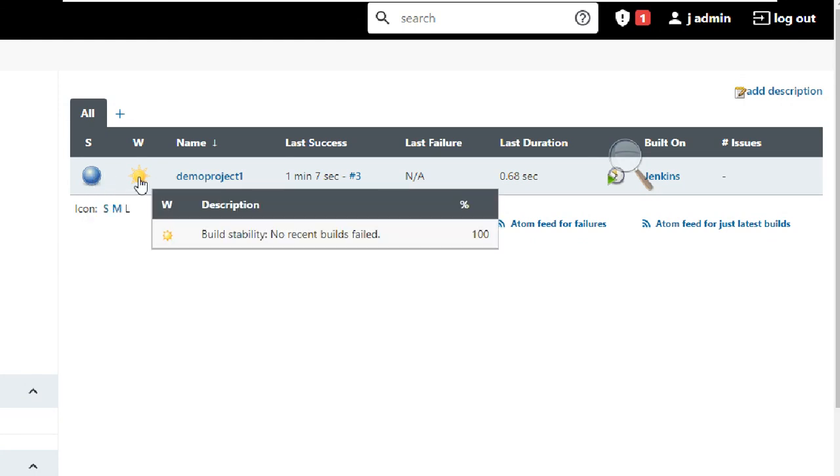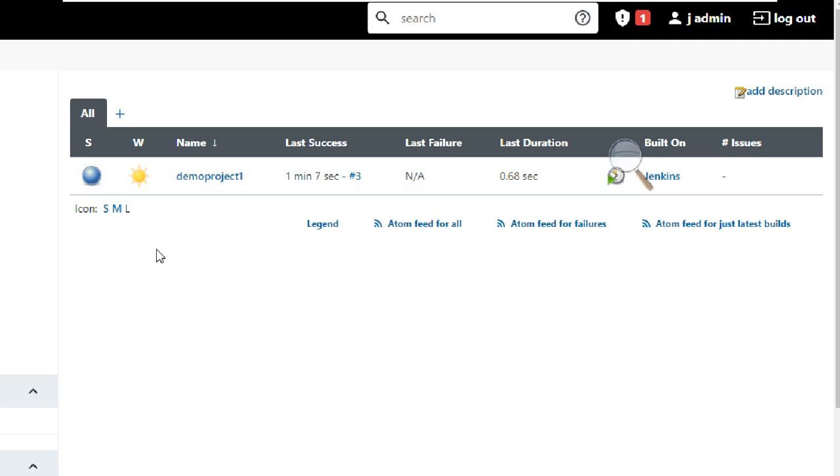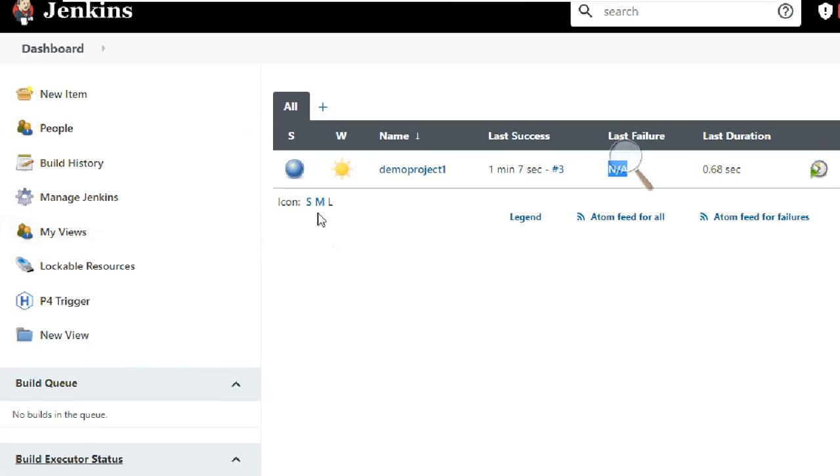It is showing build stability, no recent build failure, so the build is always successful. If not, it will show in different ways. This is the project name, last success, last failure, duration, and any issues you are able to see.